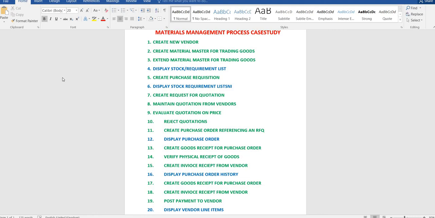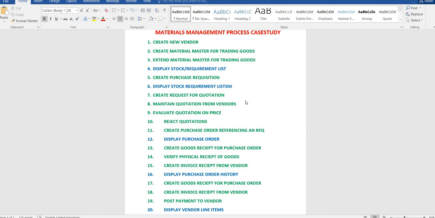You can see on this screen there are some items in green color and some in blue color. The green color things are what we have to do compulsorily and in a sequence, and the blue ones are mostly just displaying. Even if you skip them, it doesn't matter, it will not affect your exercise. So I am going to start this exercise.